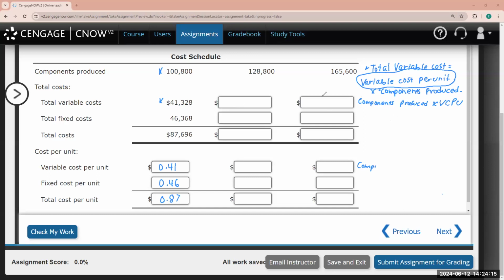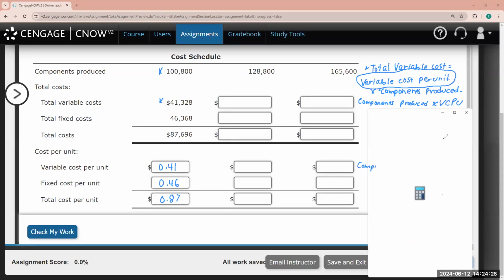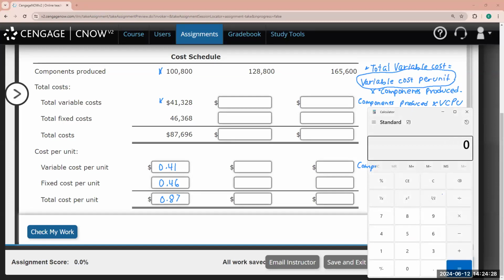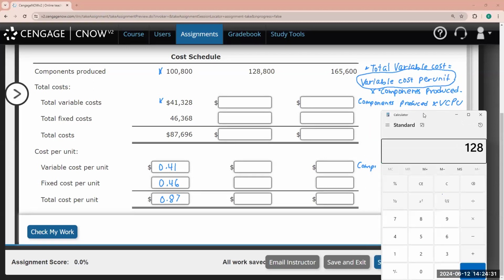So as we just pointed out, our total variable cost is determined based on our components produced multiplied by our variable cost per unit. So we get our calculator ready, and here we see 128,800 multiplied by 41 cents. So our total variable cost is $52,808. So the next thing we know is that our total fixed cost remains the same with no regard